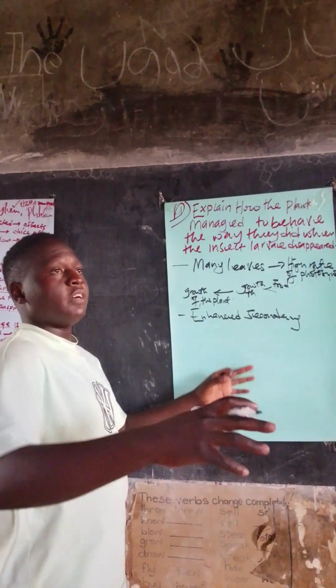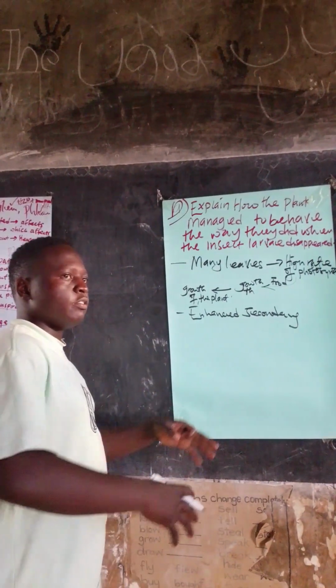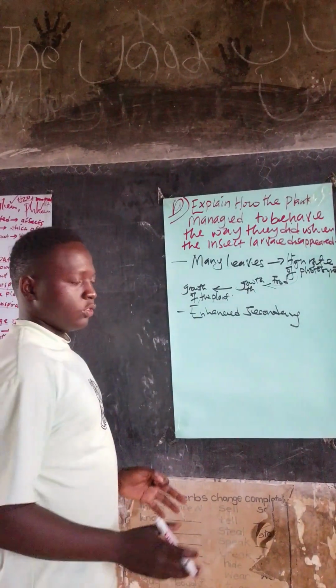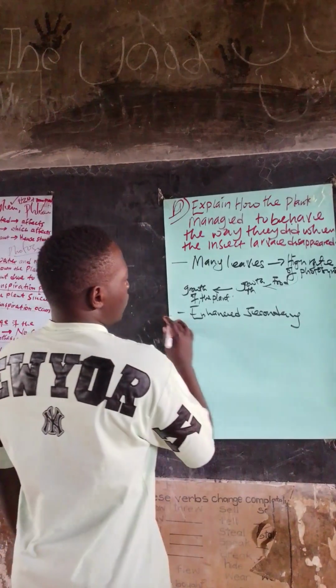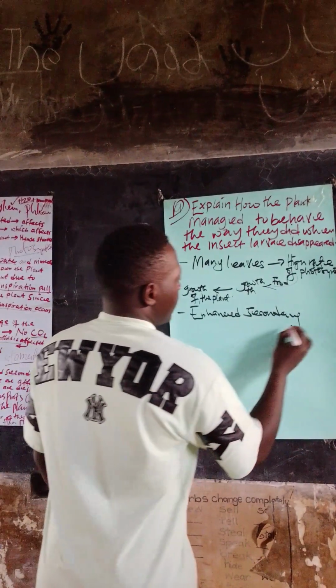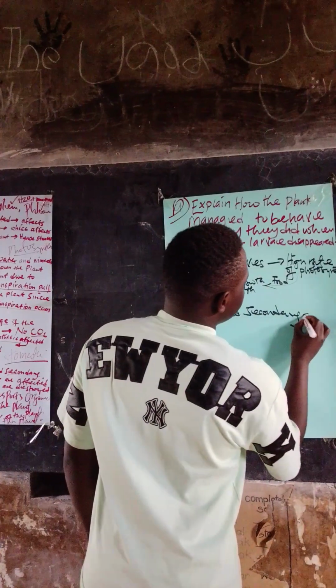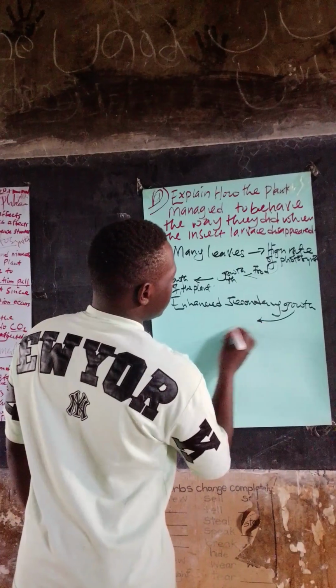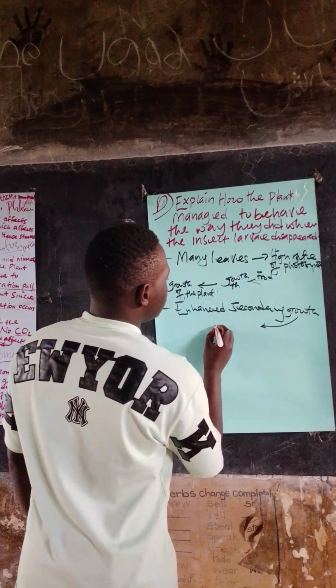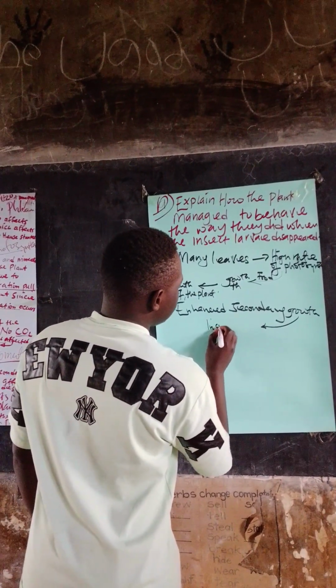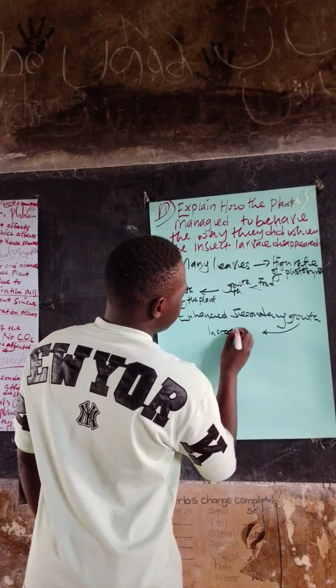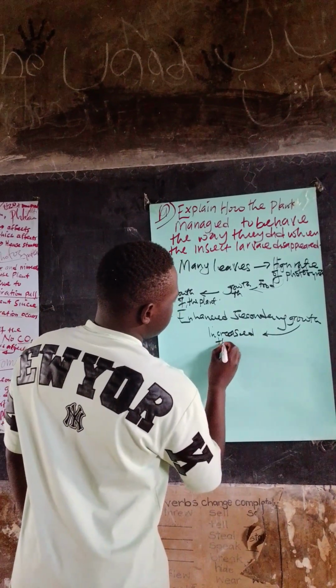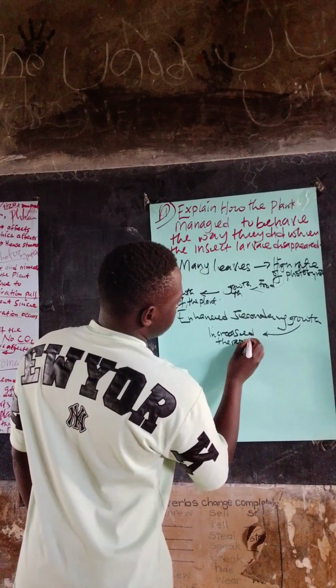So if I have many branches, it means even fruit formation is going to occur. So many branches enhance secondary growth, which increases the rate of